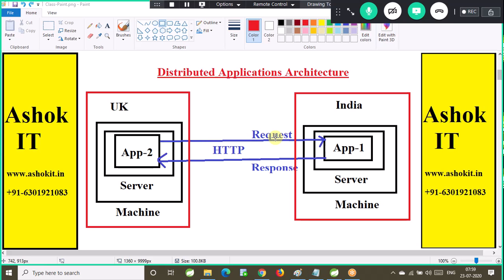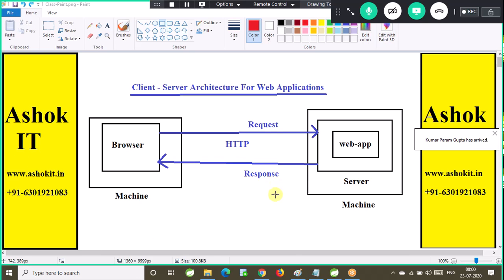Now, sir, what is this HTTP request? What will be there in the HTTP request? What will be there in the HTTP response? We want to understand. Being a REST API developer, whatever details you know about request and response are not sufficient. We need to know some more internals of HTTP request and HTTP response. But if you are a web application developer, whatever you already know about HTTP request and response is sufficient.